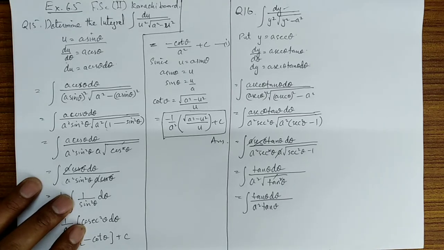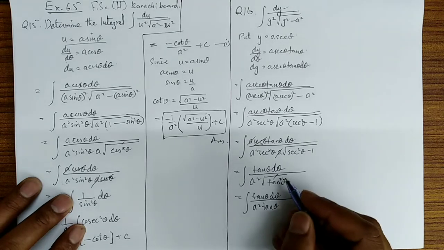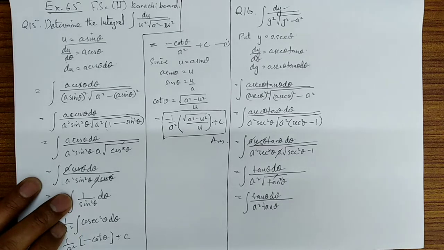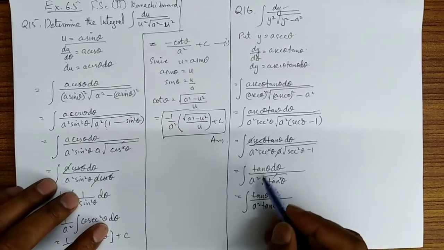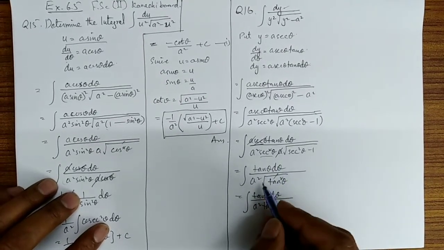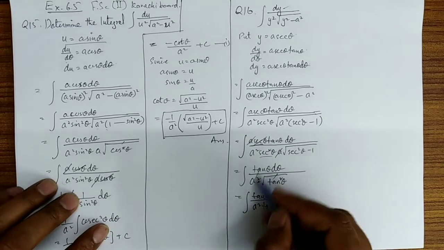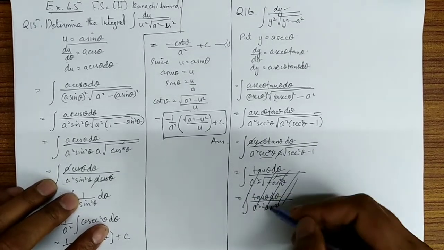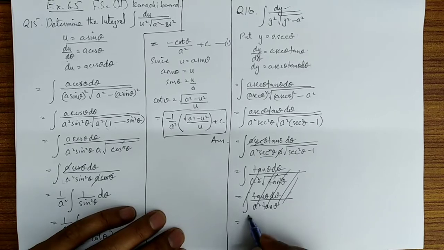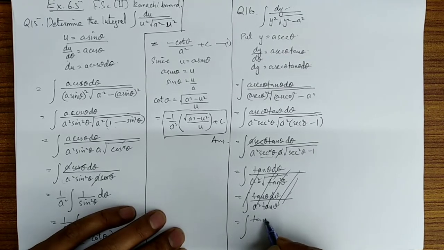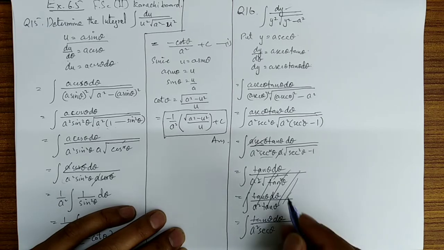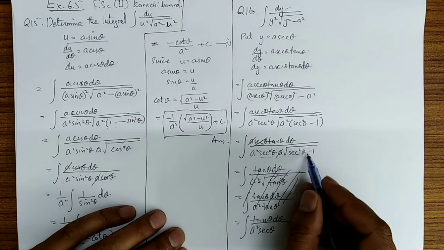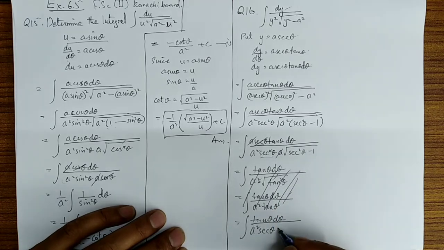So now we can write now here. Sorry, I missed a part here, that is this sec theta. I have missed it from here, so I'm going to cancel out these parts. I'm getting started with the new step, that is tan theta d theta whole divided by a square sec theta, and this in place of this sec theta minus 1 as originally I have written here, that is